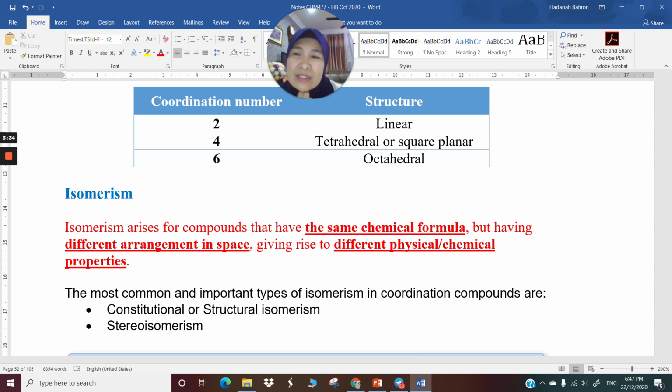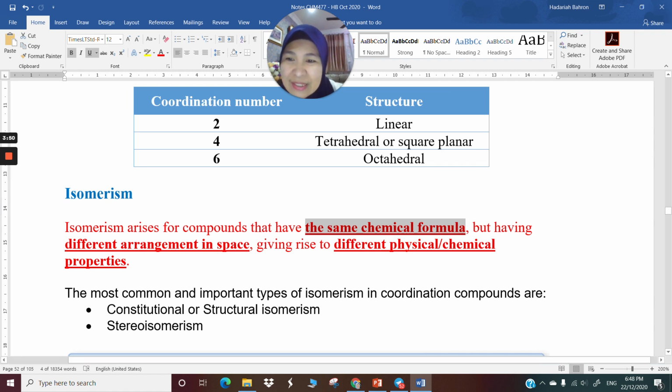Now I'm going to talk about isomerism. Isomerism arises for compounds that have the same chemical formula. You know this: isomers have the same chemical formula, but they have different arrangement. The atoms are arranged differently, giving rise to different physical and chemical properties. Even though one isomer has the same chemical formula as another isomer, usually isomers will have very, very different